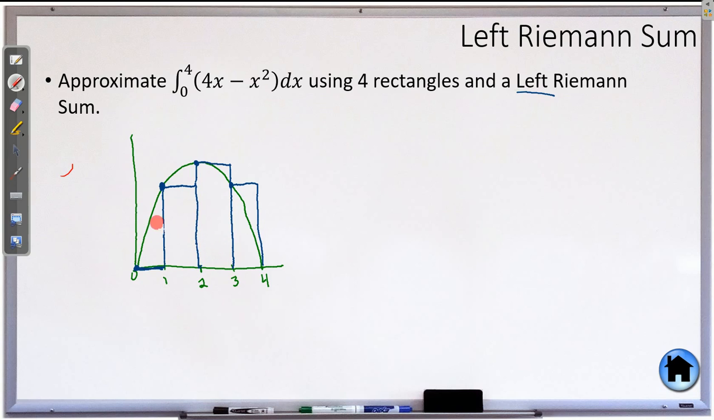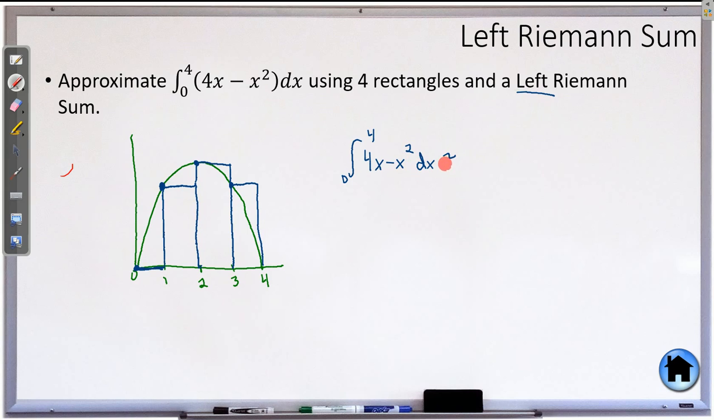As you can see, we have a lot of missed space, and we have some space that goes overflowing. And so this is an estimate. It's not perfect because we're only doing 4 rectangles. And again, you can see each rectangle touches on the left. So now we have to add all of those up. So the integral from 0 to 4 of 4x minus x squared